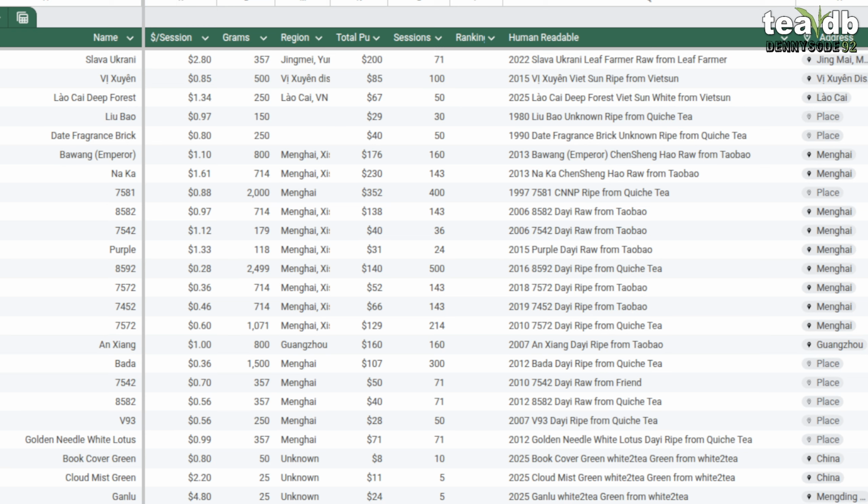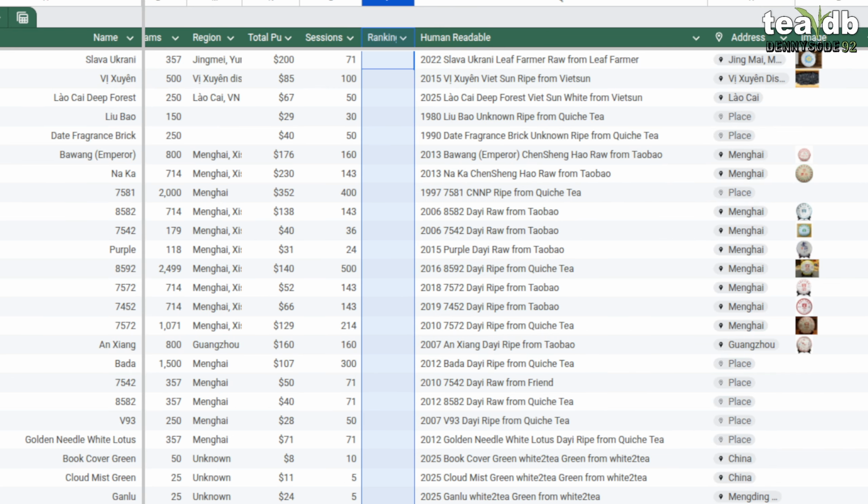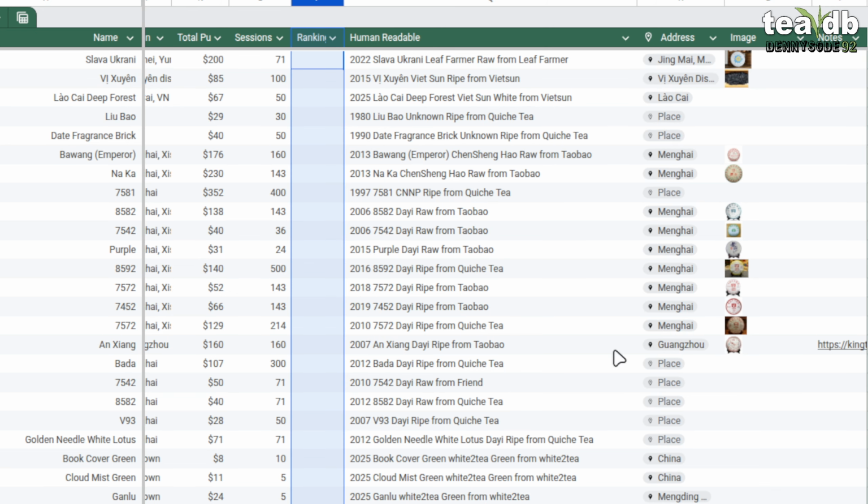And then, getting farther along here, I have a field for ranking that I will be filling in over time, I hope. Human readable, so this makes it so that the data is just faster to access on the spreadsheet or the dashboard. And I apologize, but we'll get there. And then literally entering in a location for